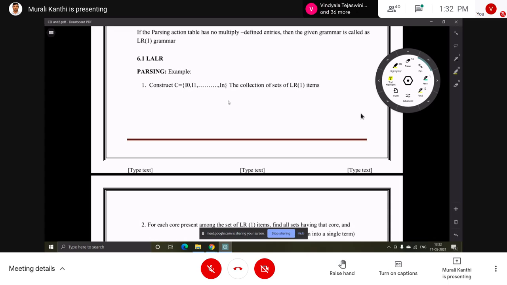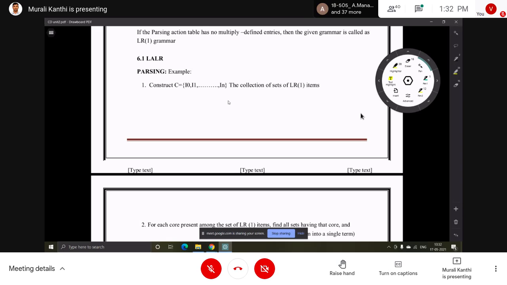So what is the difference between LR(0) and LR(1)? In LR(0), the 0 stands for zero lookahead symbols. But in LR(1) there is a lookahead symbol, and that lookahead symbol is there in the production itself. So that is useful to fill the entries into the table.